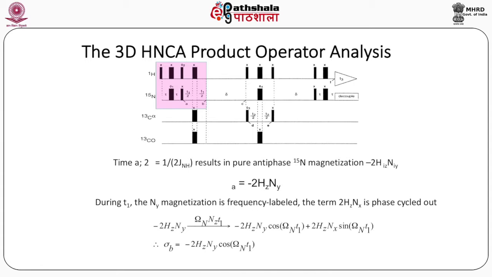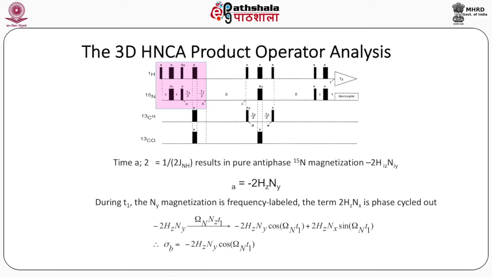Now, from here for the next few slides, we will look at the mathematics of how the HNCA pulse sequence works, what different information we get at different positions, and what information we get ultimately at the end of the experiment. The different regions are put in blocks and colored pink, and as you can see there are labels A, B, C, D and so on, and the magnetization at various positions is described.